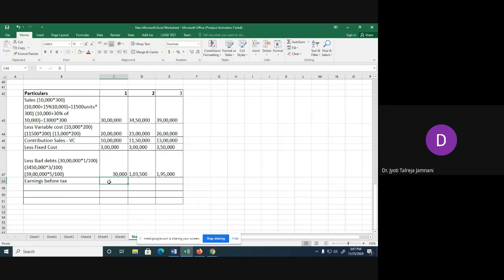Six lakh 70,000. Yes, ma'am. 6,70,000. Next is 11 lakh 50,000 minus 4 lakh 3,500. 7 lakh 46,500. And in the last case,